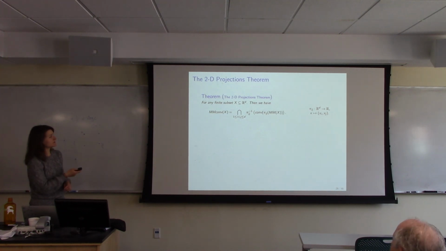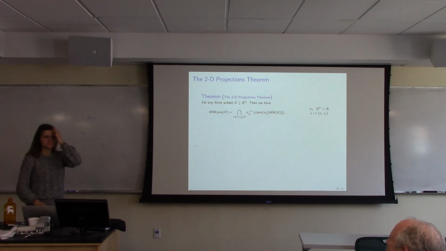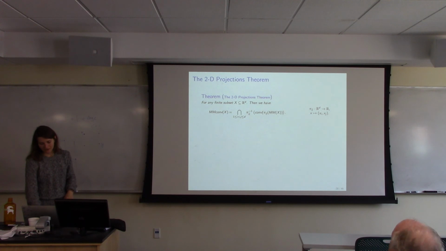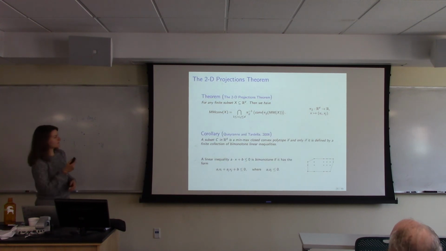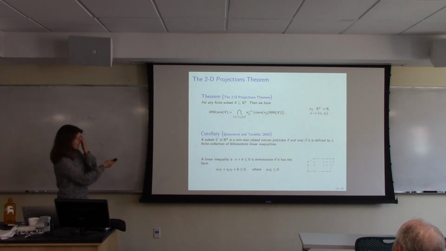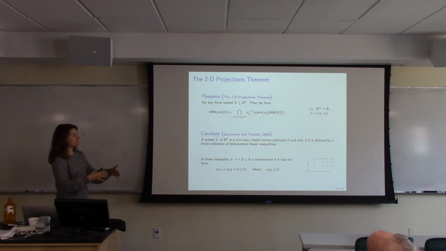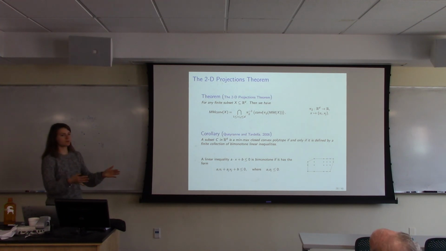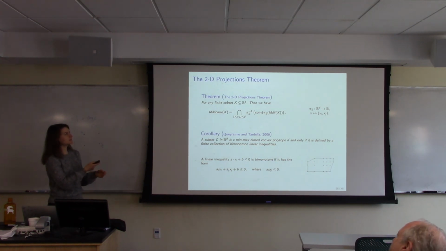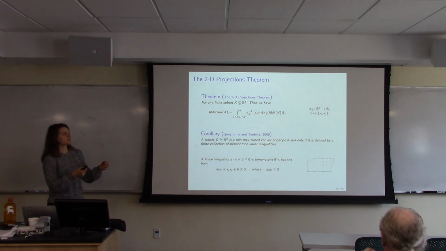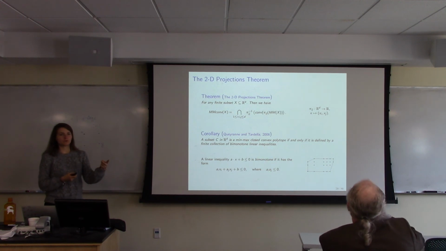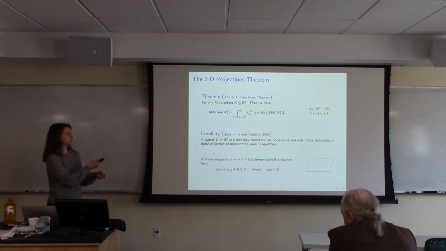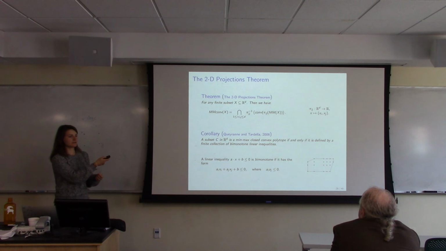And we know that each of these sets here is min-max closed because it's in R2. And actually, if you think about it, this means that all the inequalities defining this convex polytope only include two of the coordinates. So every inequality includes some i and j for i not equal to j.